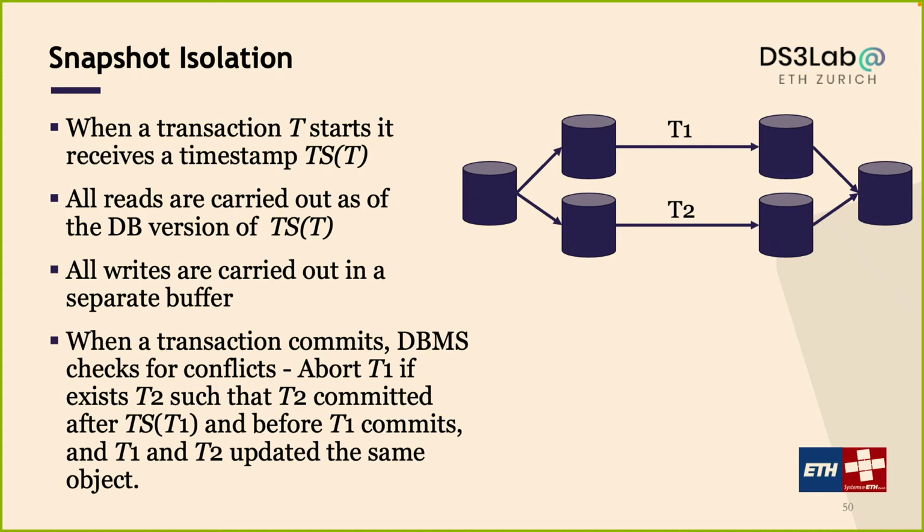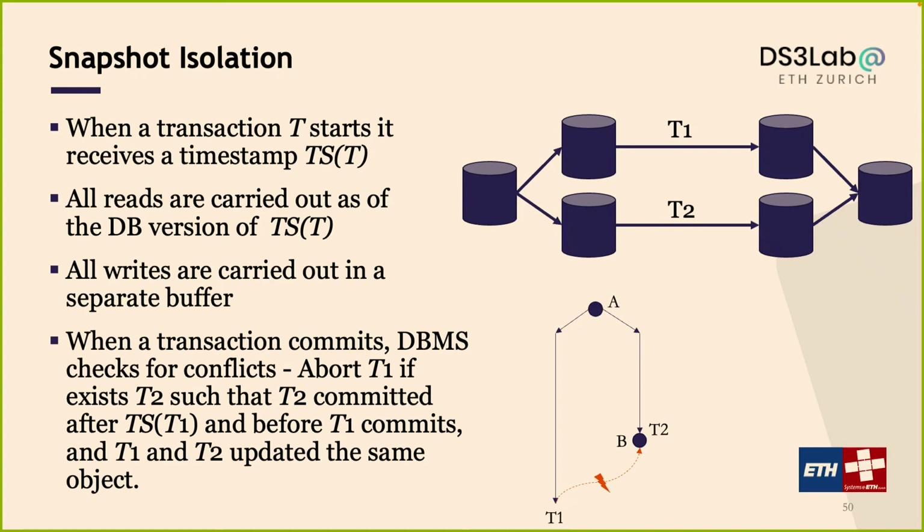And then when you commit, you try to check whether there's a conflict or not. How can I check the conflict? So assuming you are trying to check commit T1, the thing you are trying to check is, assuming you have T1 and T2,